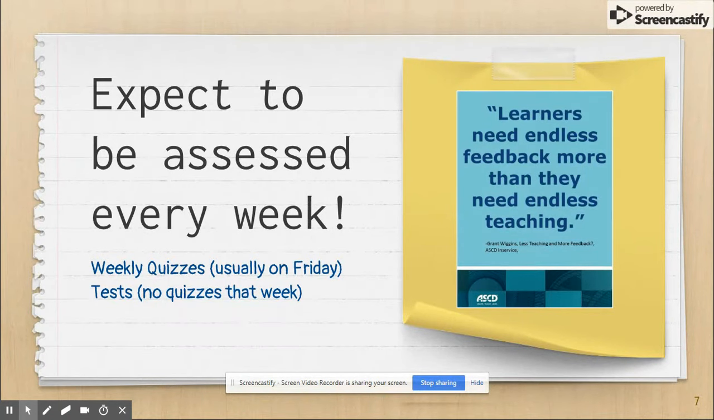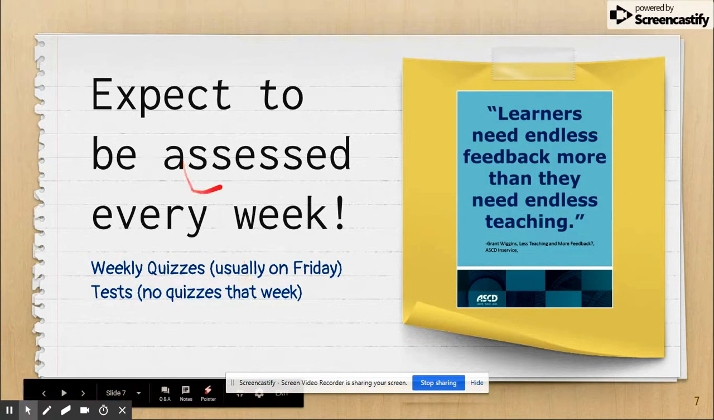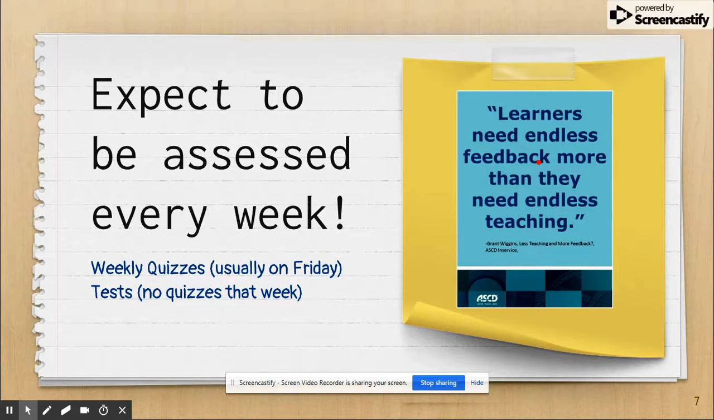So, what else can you expect? Well, you can expect to be assessed every week. That doesn't mean that there's a test every week or that Miss Baselice is so mean, she makes us take so many tests. It's more of my way of giving you feedback and knowing where you're at, and you having that opportunity to show me what you know and what you've learned on those instruction days and what you've practiced